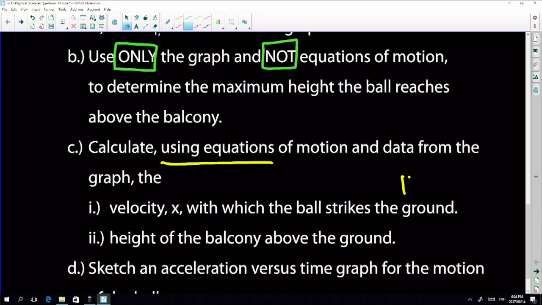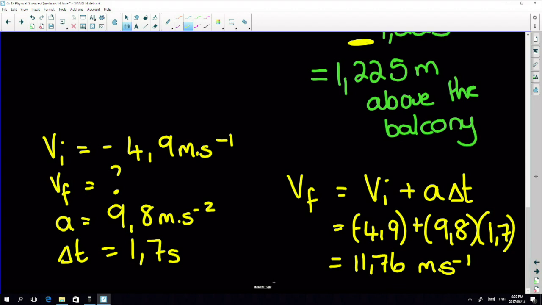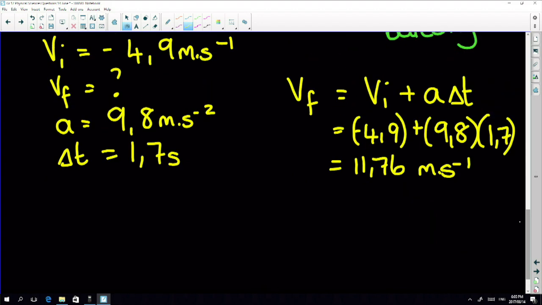Okay, next part of this question. That's the first part, so I've got 11,76. Now they want the height of the balcony above the ground. There's so many ways that you can do this, but I want to encourage you to do this in one step. So I'm going to go back to my information that I used to get VF, and now added to this, I actually want delta Y. There's lots of equations I could use. I can use VF squared equals VI squared plus 2A delta Y, or I can use delta Y equals VI delta T plus a half A delta T squared. I'm going to use this equation,